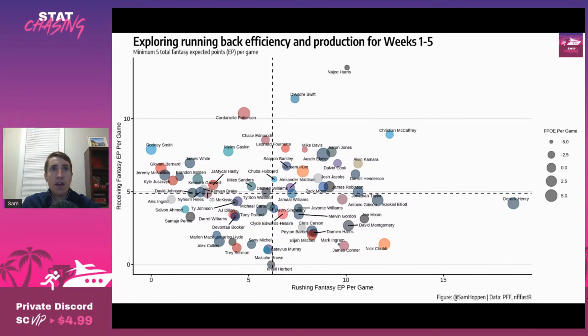I'm just realizing now that I've got a third NFC North backfield that I'm talking about here. And that third one is the Bears backfield, because this was our first week without David Montgomery. We saw some interesting usage in the Bears backfield this week. Damien Williams was the presumed starter, and what a lot of people thought was the biggest beneficiary of the Montgomery injury, and he had a fine game, but Khalil Herbert made a big dent in his workload.